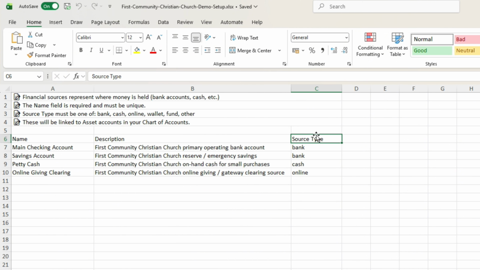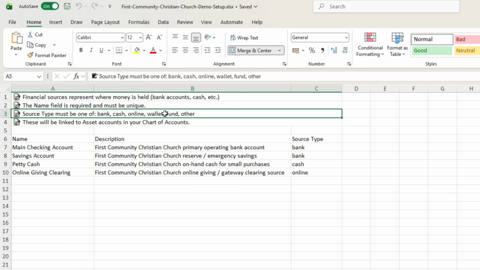Source type: what kind of source is it? Is it bank, cash, online, wallet, fund, or other? So, bank: a checking or savings account at a bank. Cash: physical cash like a petty cash box or cash drawer. Online: a giving platform you receive from online. Wallet: a digital wallet like GCash. Fund: an internal fund account.